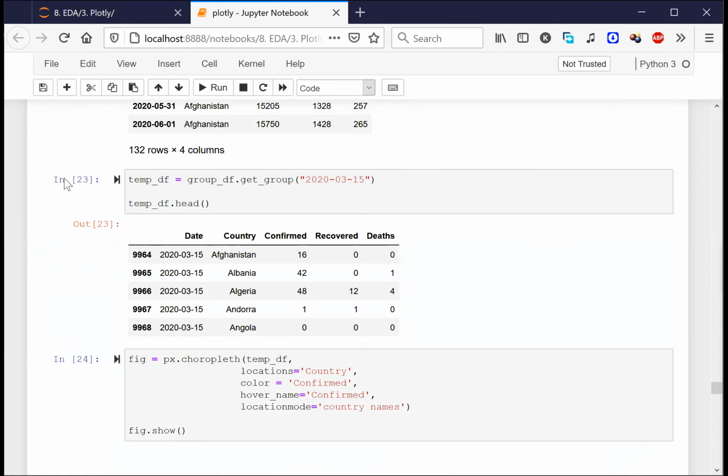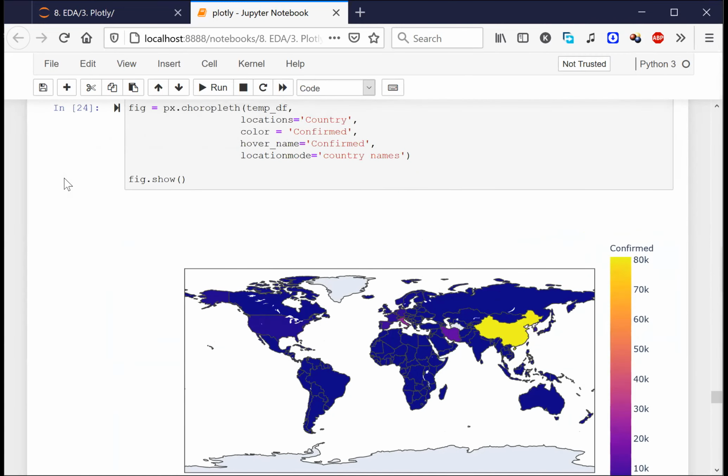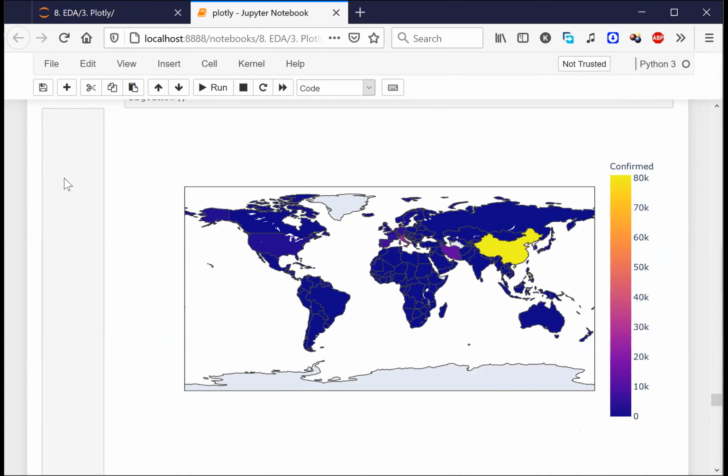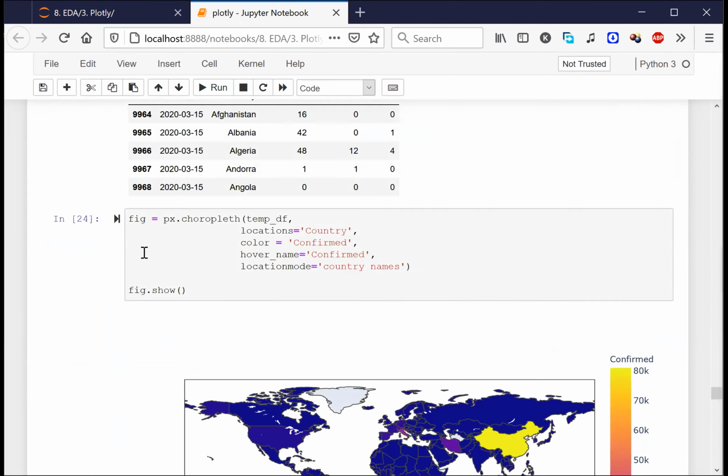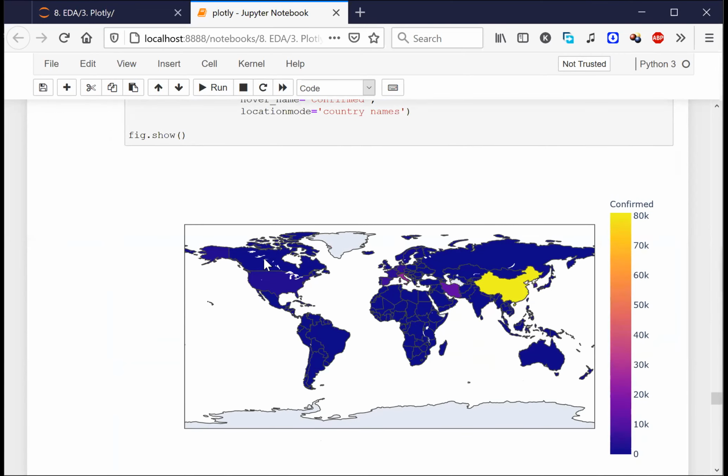Now, do you see? I just plotted the entire world map, using this code that you see here. Do you see that this entire world map is something like this? Yellow region says 81,003.